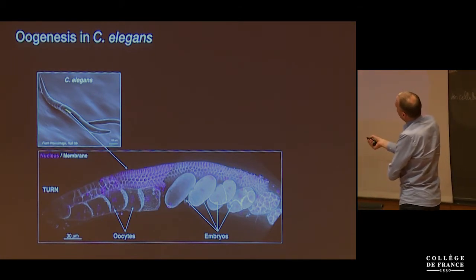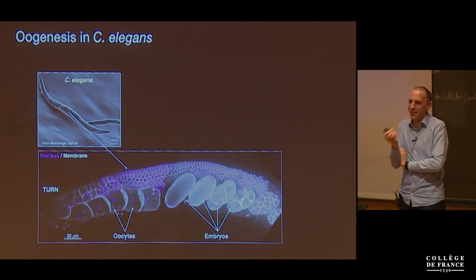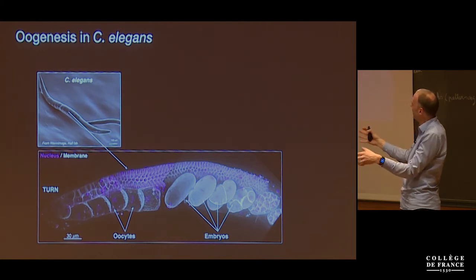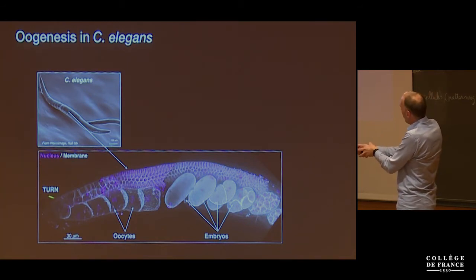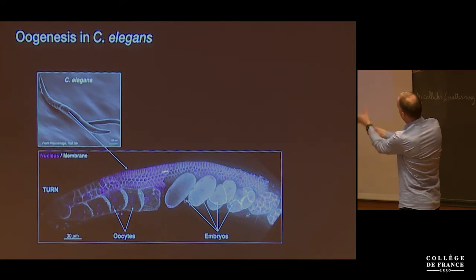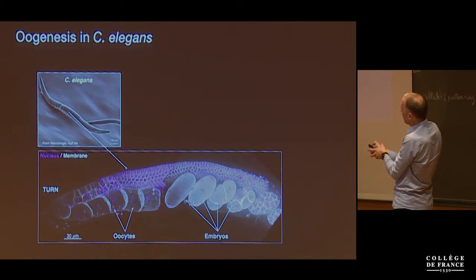So basically the worm is, in simple terms, a gonad and a gut. There's a gut that goes from the mouth, from one tip to the other tip, and wrapped around it, these are the two big organs, is the gut and the gonad, which has two arms which look like this. So this is basically one half, and you'll have a mirrored copy of the gonad over here, the second arm of the gonad.